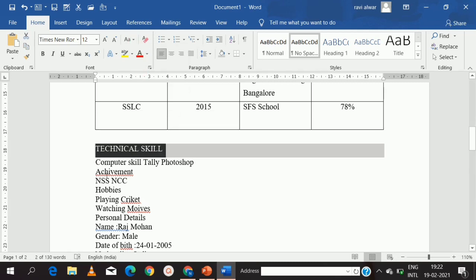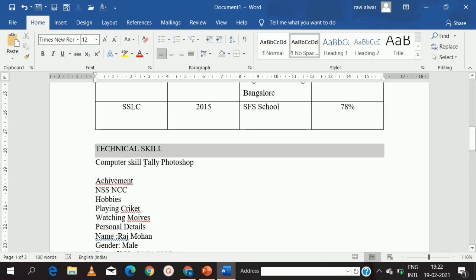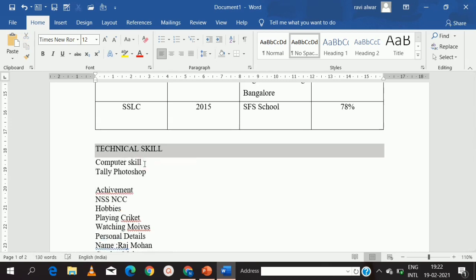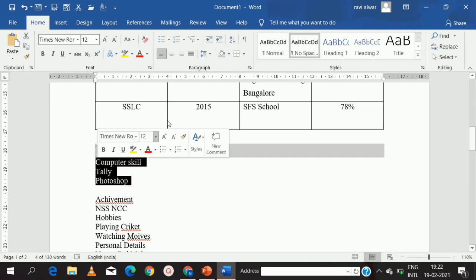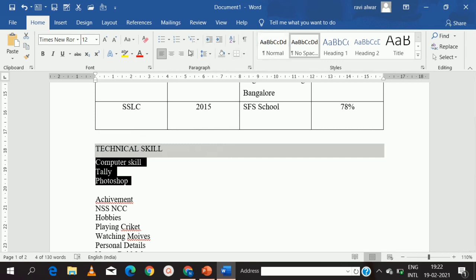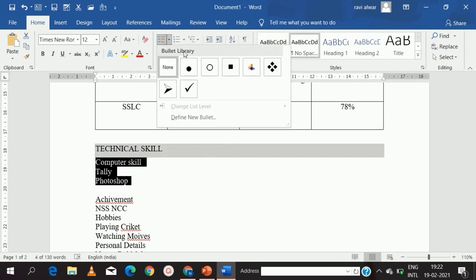Then I have 3 skills, so I should give them one by one. This is not so beautiful, so I will give some bullet points. Select the text, go to paragraph group. Here you can see bullets library.